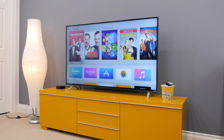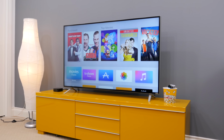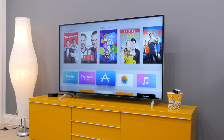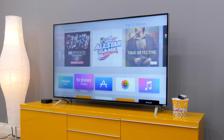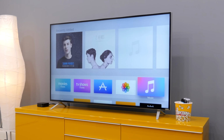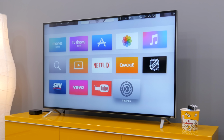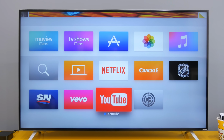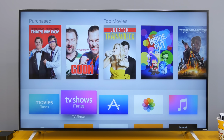The last thing in my office was a home theater system that I just put together a few weeks ago. The TV stand unit is kind of a love it or hate it in that bright yellow, but I personally think it goes very well with this office, and I'm a fan of it. But more importantly, the TV is a 55-inch Vizio M series, which is their new series this year, and I love it so far. It is 4K as you know, and one of the cheaper 4K TVs out in the market, and it also has full array backlighting, and even preferred over the 55-inch curved Samsung that I purchased for